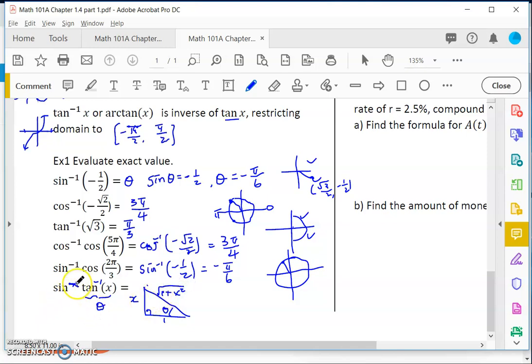Now I am going to do the sine of this angle. So sine theta, you use this right triangle, you will see sine is opposite over